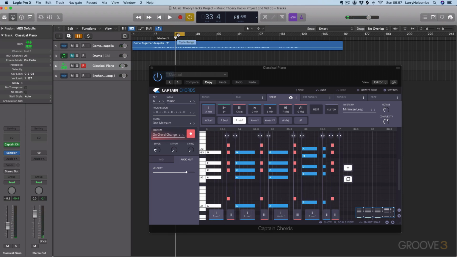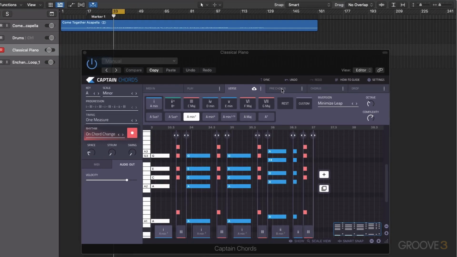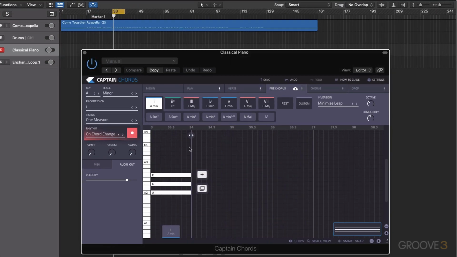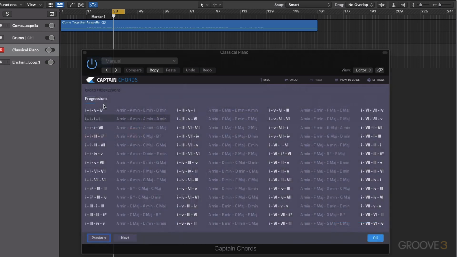So we're going to cycle this section and we're going to move to the pre-chorus to add in a new chord progression. And we're going to approach this in some different ways to show you different ways you can interact with this plugin. So first of all, in the first chord progression, we actually just chose chords from the list here and added in chords. But this time we're going to use some preset progressions. Now, what's great about this feature is